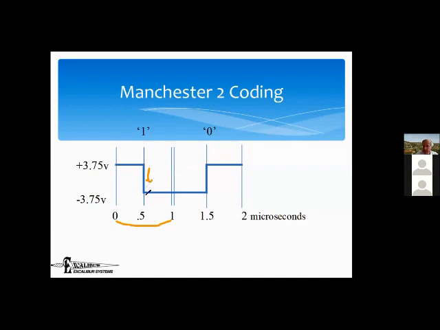That makes it a 1. In this case, it's heading up. That makes it a 0. Now let's say I wanted 2 1s in a row. How would I do that? I need this to be going down in the middle. So the way I would do that is by, in between bits, I would send it up, and then I would now be able to go down in the middle